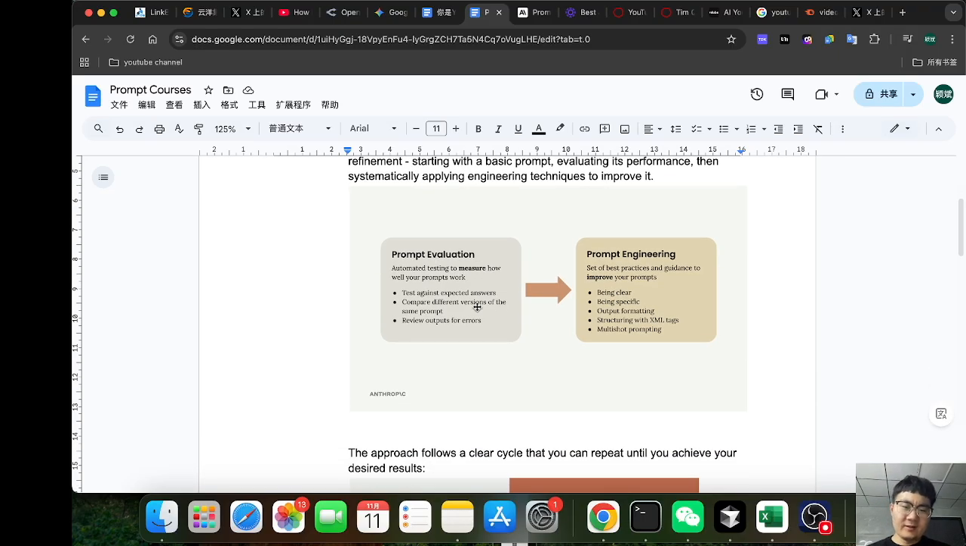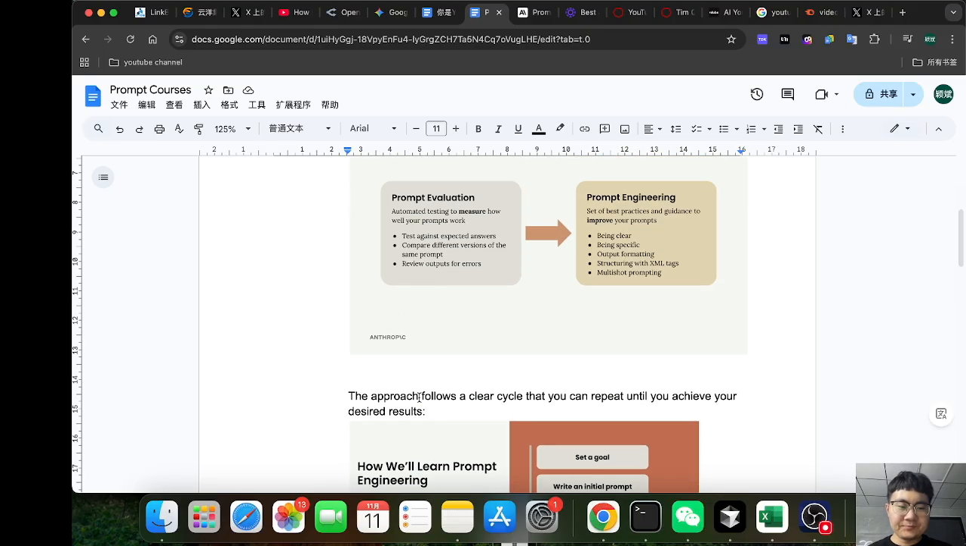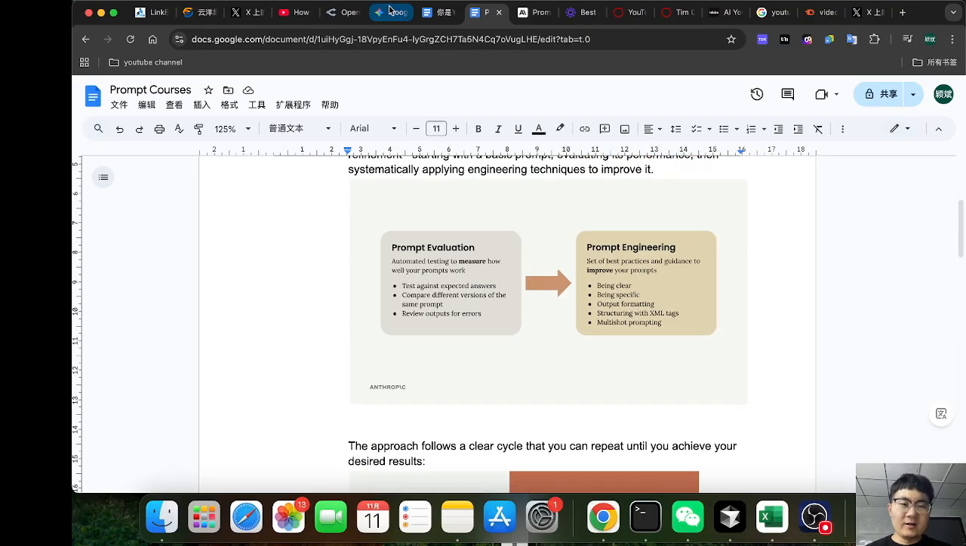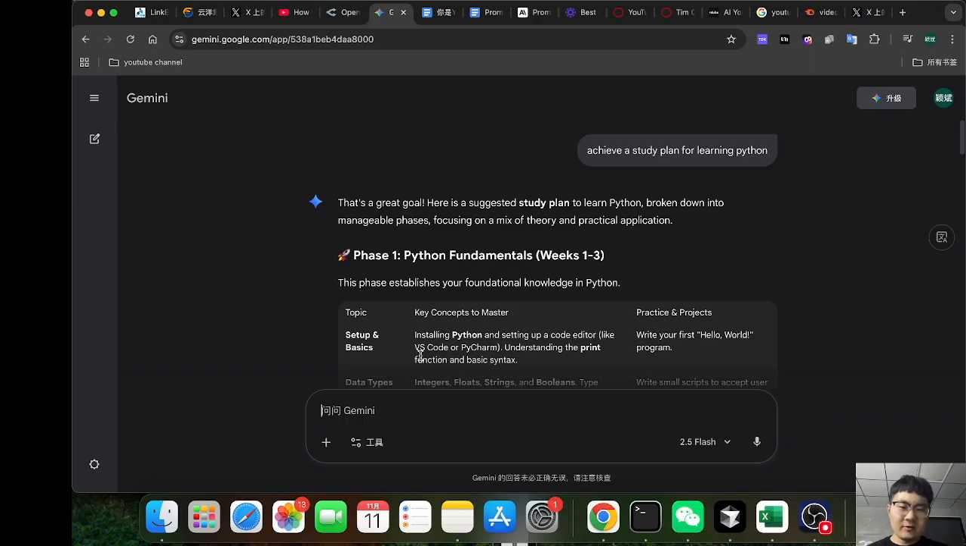And the table below explains the words. You can first put a simple prompt into an LLM, and then to get more and more good results, you must practice and evolve your prompts. For example, let me show the example. For example, I want to